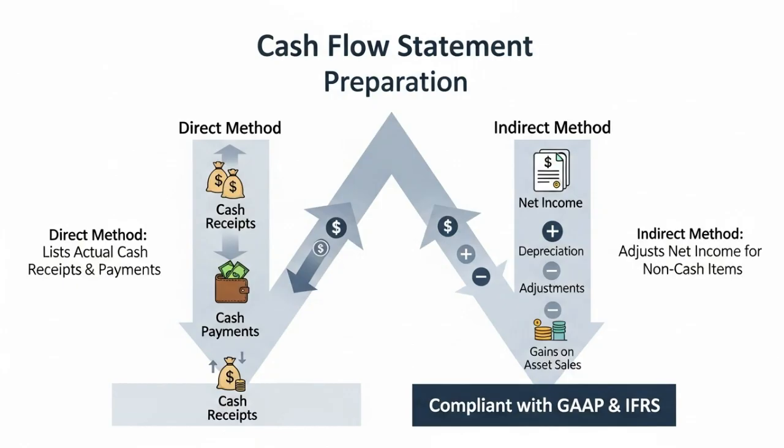In contrast, the indirect method, which is far more commonly used, starts with net income from the income statement and then adjusts it for non-cash items, non-operating items, and changes in working capital accounts to arrive at the operating cash flow. Both methods are crucial for compliance with global accounting standards like GAAP and IFRS, ensuring consistency and transparency in